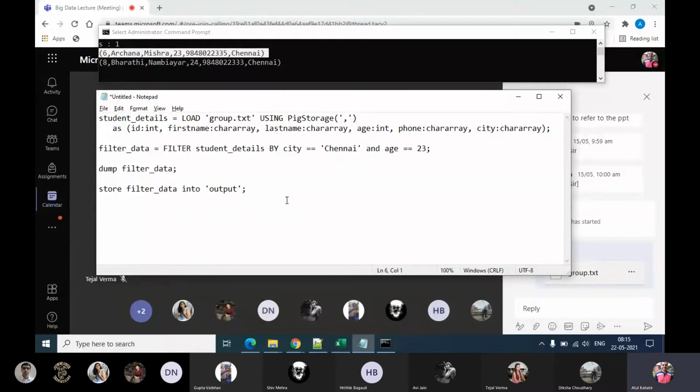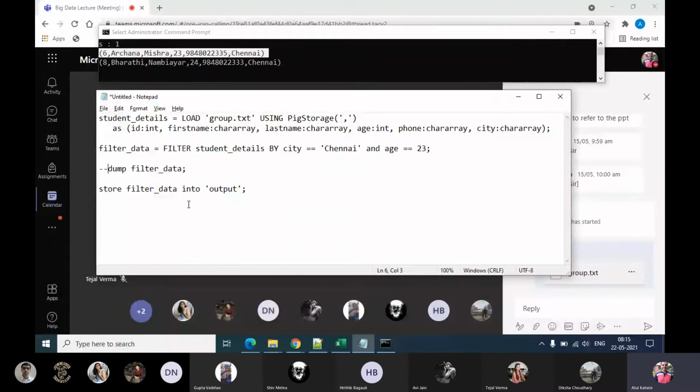You can either comment this statement or you can even retain it, doesn't matter. If you retain it, output will come here as usual for the dump statement. If you comment it, no output will come here.